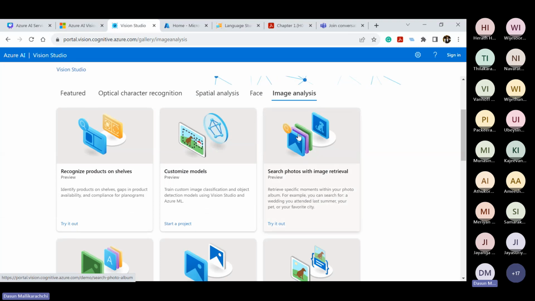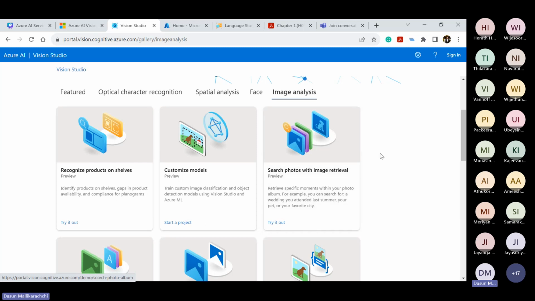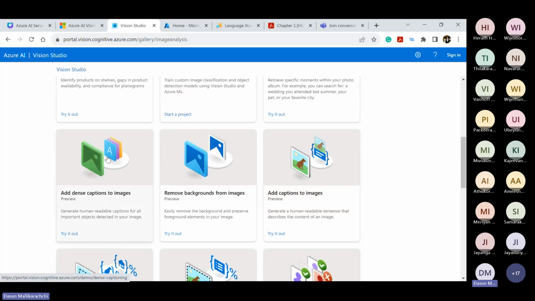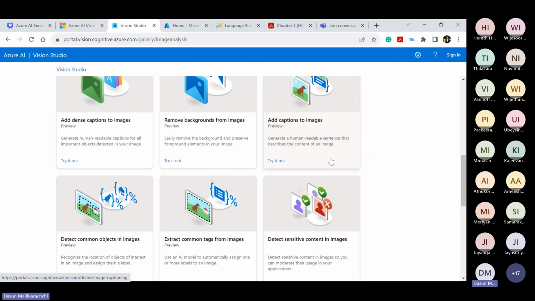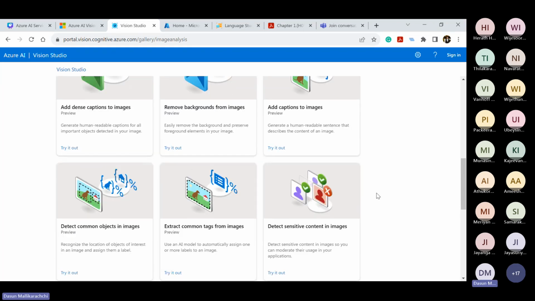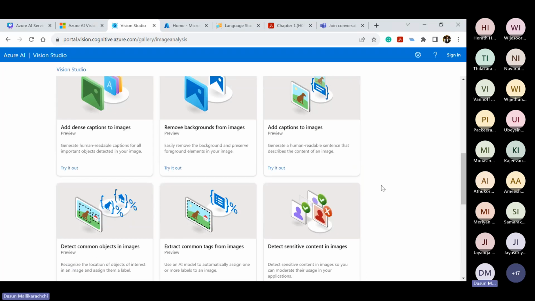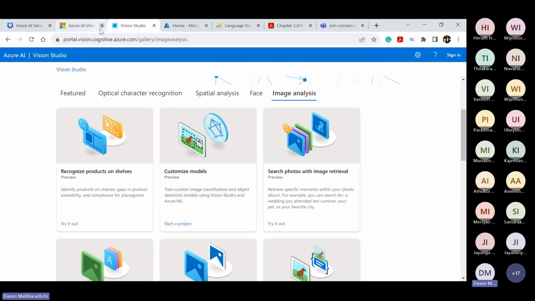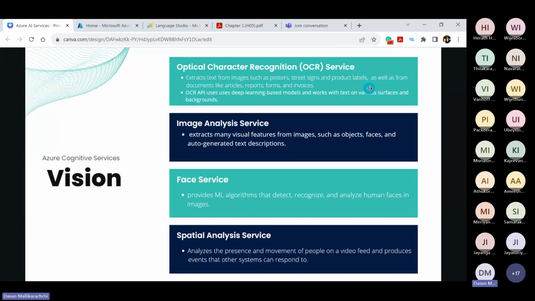And so as I mentioned, showed earlier, the search photos with image retrieval, and adding captions to images, remove backgrounds from images, detect common objects, extract common text from images, and detect sensitive content, and for privacy purposes, you can detect them and blur them. Yeah, so that is the AI vision part of